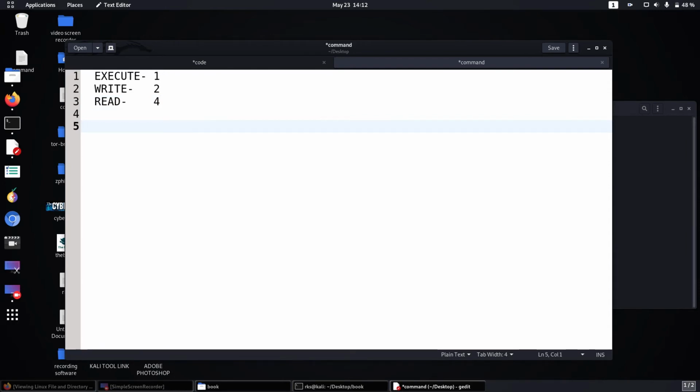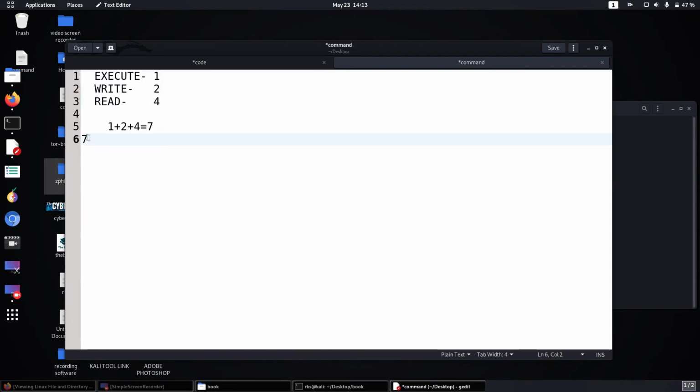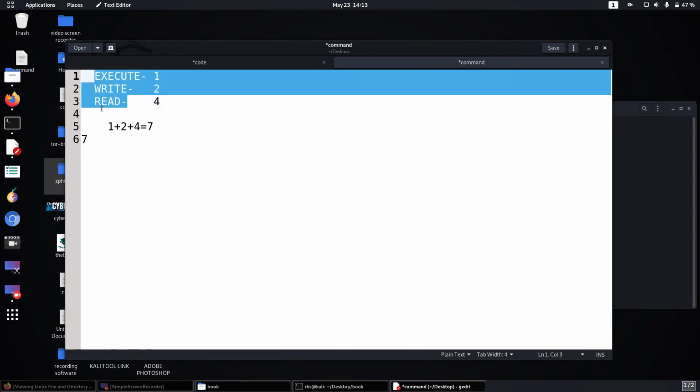This is the mathematical method: 1 plus 2 plus 4 equals 7. That means if you write 7, the file has 3 powers: execute, write and read.